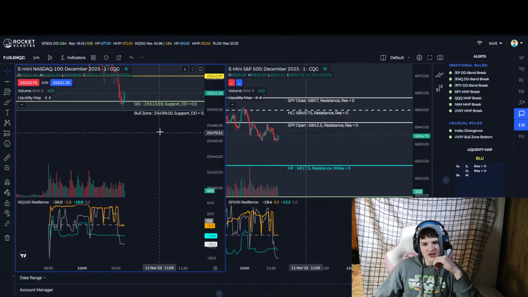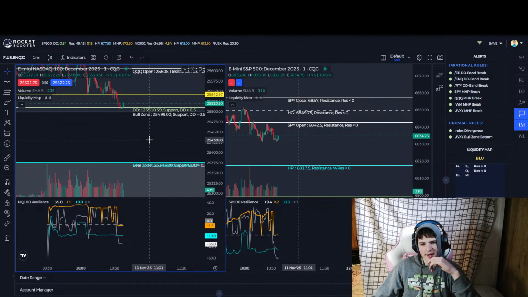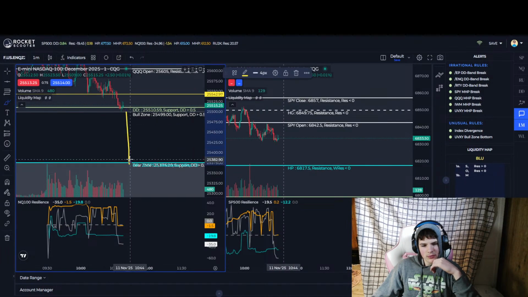It's kind of scary because we're so close to a liquidity pocket. It could drop a lot in a couple seconds.